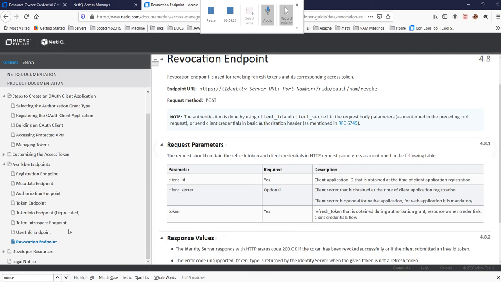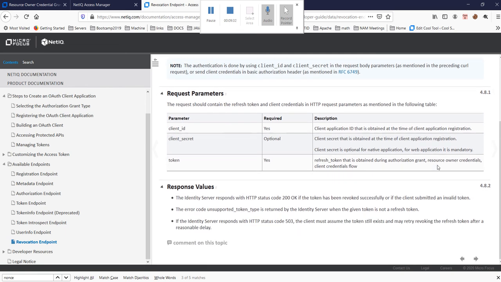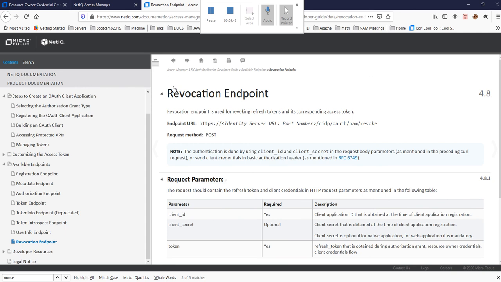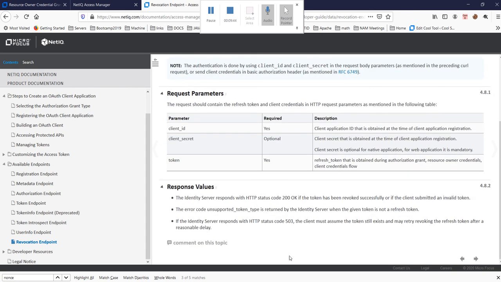But I would really suggest going to the documentation and reading, because it provides more options and also says the values and what it is going to return. So if you see here, there is a revocation endpoint, and it talks about what values are returned. So it says that it returns 200 okay if the token has been revoked successfully, or if the client submitted